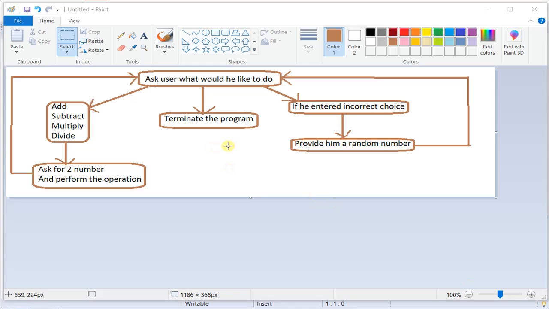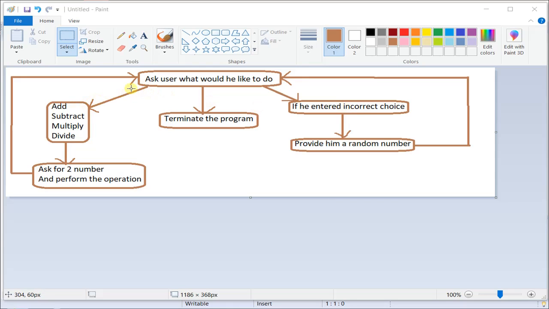Based on this data, let's deduce some part of the code, how it would look. So I have repetitive operations for doing these math operations. So probably I'll have a function for each math operation. Then I have to ask the user to provide two numbers for doing the operation. So I will ask input from the user, and again I have to ask the user what he'd like to do. This happens in two cases: if he chose a math operation and if he entered incorrect data.